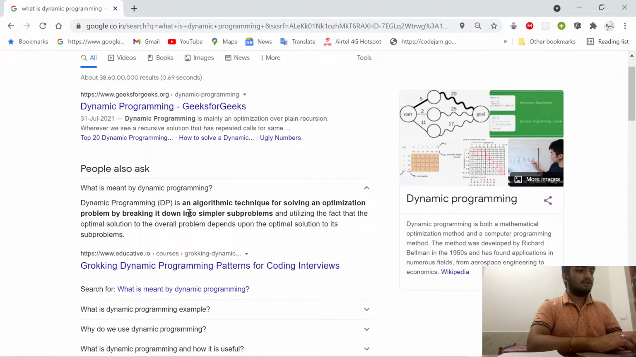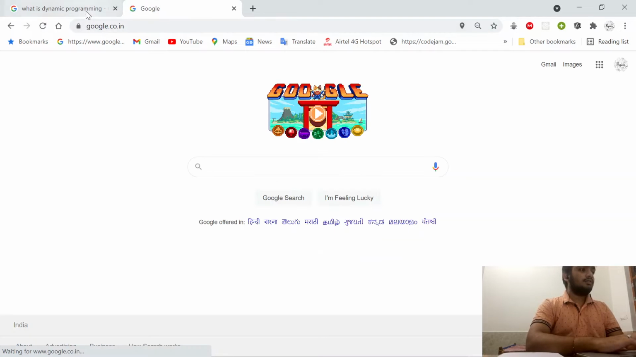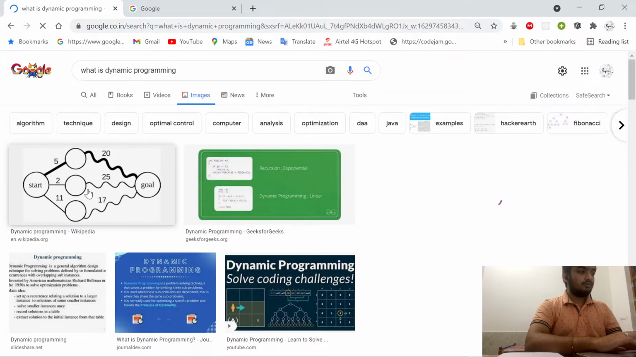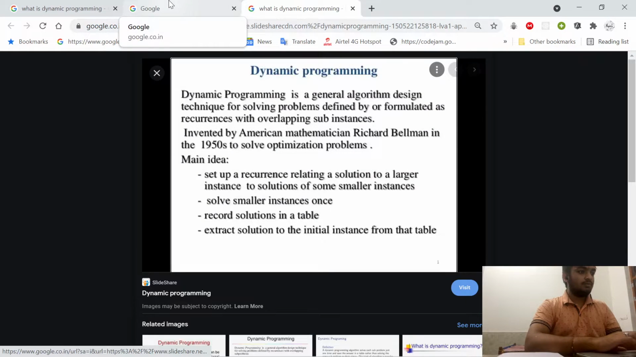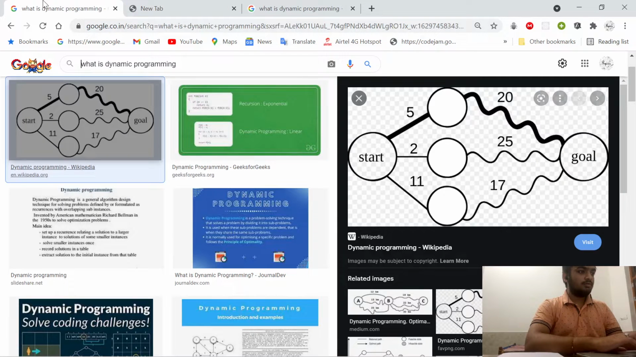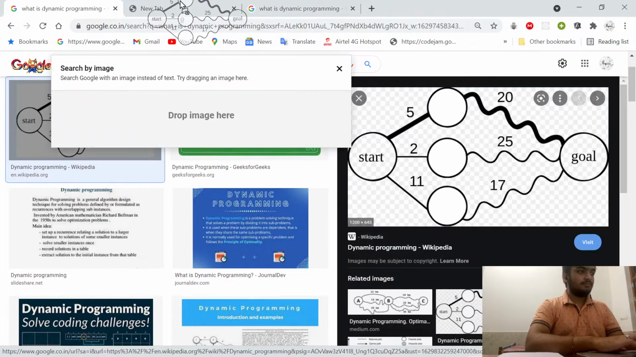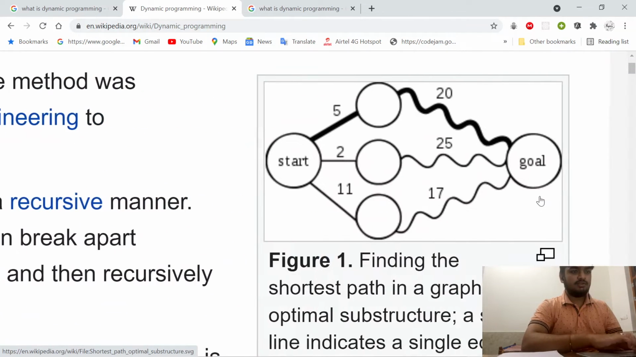Problem by breaking it down into similar subproblems. So how do we break a problem into a similar problem? Like in this example, this photo also I can break into similar ones. So basically, what we can say is we want to find the